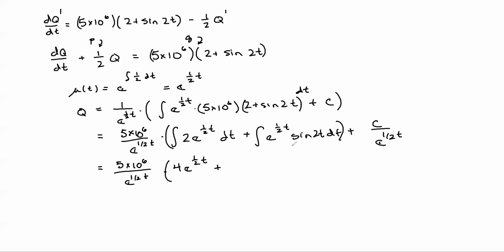And then for this guy here, I just cheated and went and looked up the formula. You can go through and integrate this by hand using a technique from Calc 2, right? The integration by parts. But for the sake of this, we're just going to cheat. So if you look up the formula, you'll get e to the 1/2 t over